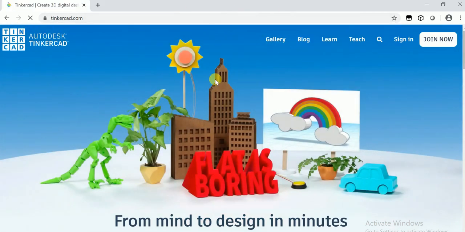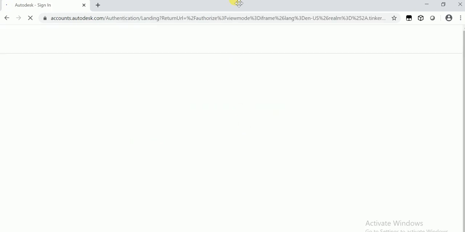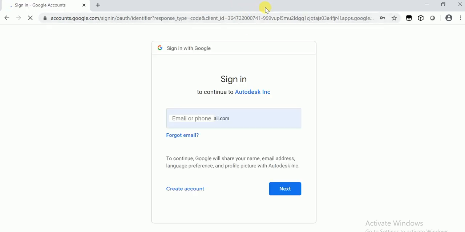This is the page that opens when you click on the link tinkercad.com. You just have to click on the sign in button. You can sign in using your email or username, or sign in with Google. I prefer sign in with Google, so I can use any of my Gmail accounts to open Tinkercad.